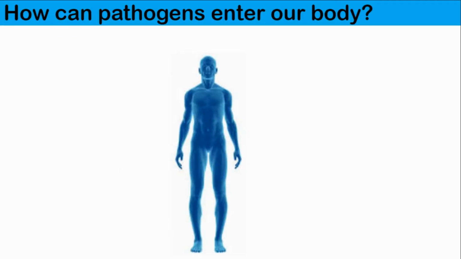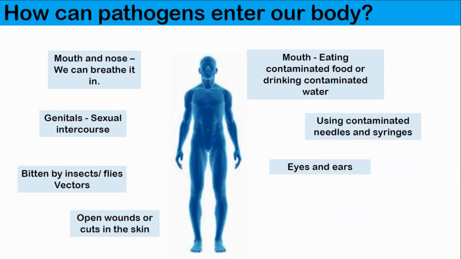How can pathogens enter our body? Let's go through the answers. Going through your mouth and nose, you can breathe them in like coronavirus. They can go in through the genitals in sexual intercourse like gonorrhea in the previous lesson. You can be bitten by insects or flies known as vectors like malaria from last lesson, and open wounds or